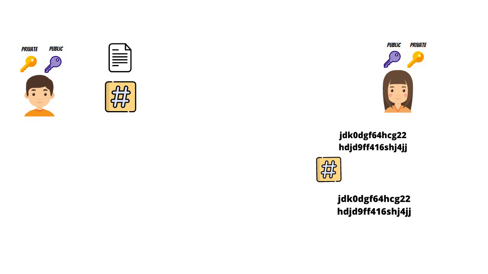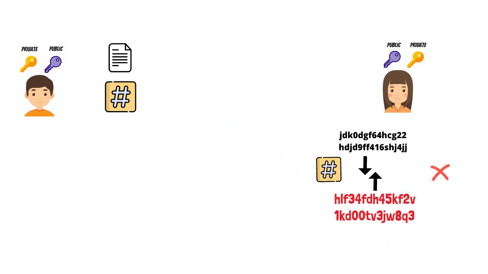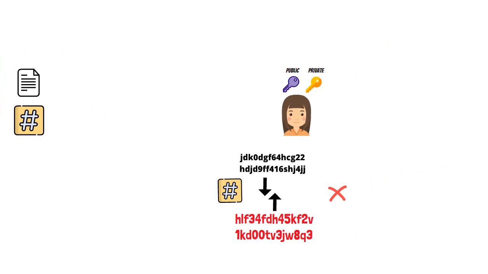Alice now can compare both signatures. If they match, that means the signature is valid and the message indeed came from Bob. If they don't match, it either means that a different key was used to sign it or that the data has been altered. Now let's see how public key encryption and one-way hash function is used with cryptocurrencies.